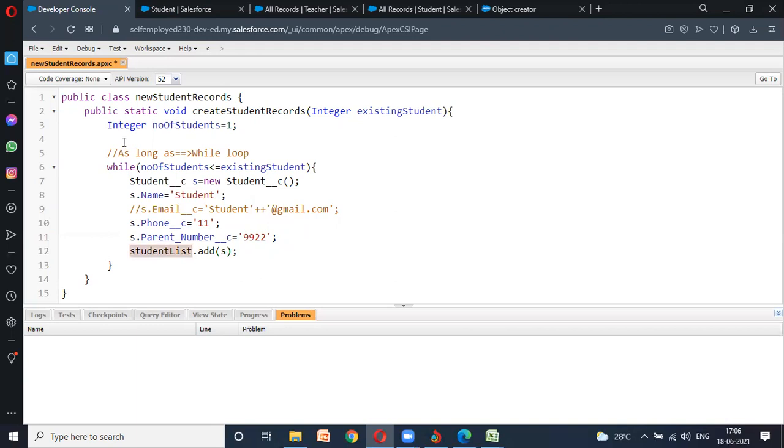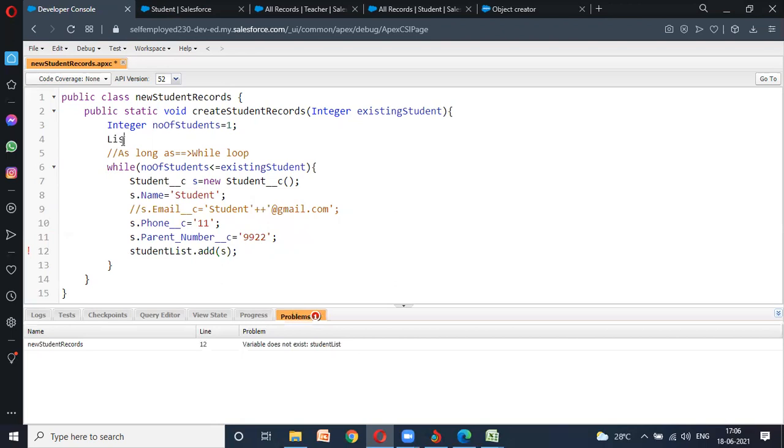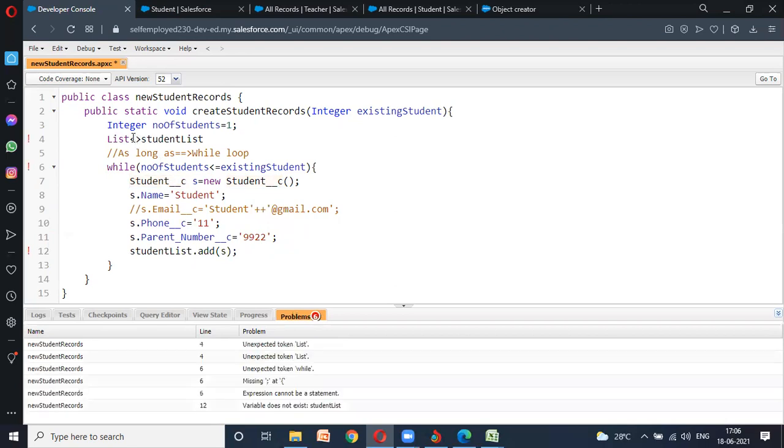So student list, I will declare here on the top outside the loop. So it should be list, and inside that you need to copy the API name, it's the object. Equal new list. Done.